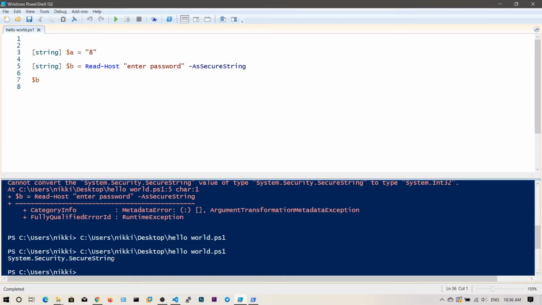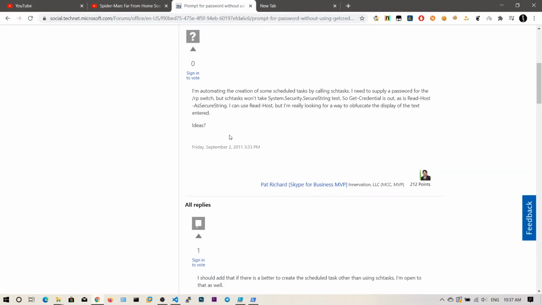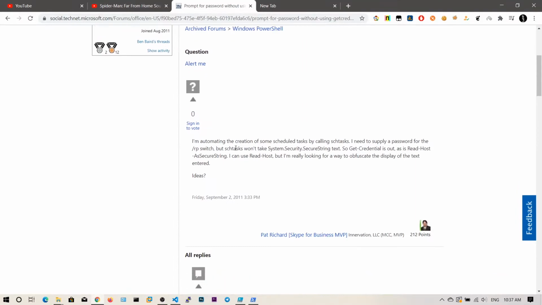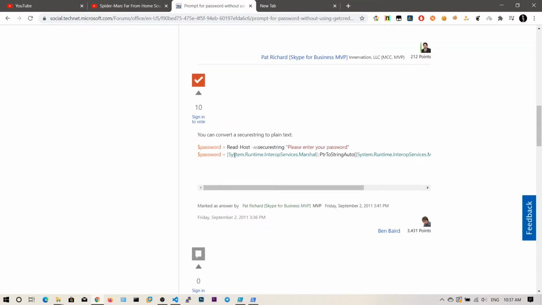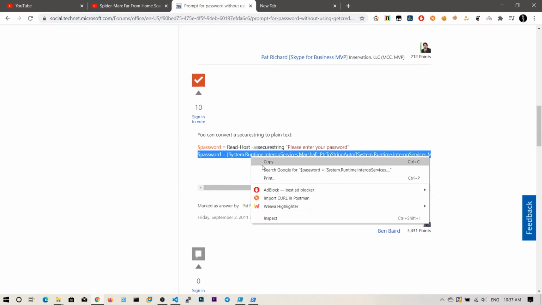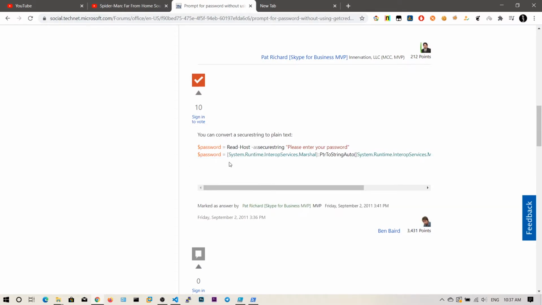To convert this into plain text, I found this one because I don't have experience with .NET, so I just googled it. Now what you can do is use this instruction. You can see it's marshalling, because this password is converted into some serialized format that can be stored easily in a database and is not human readable.